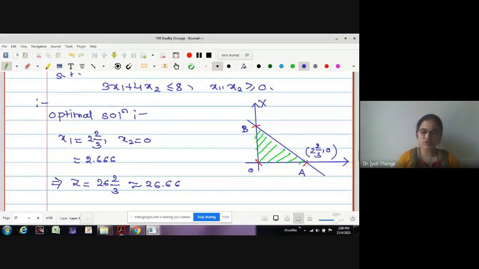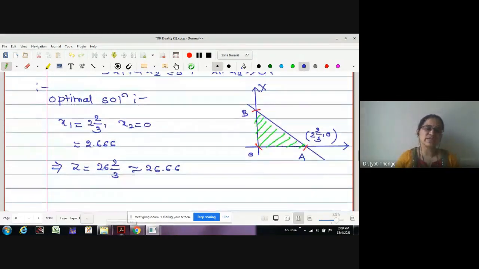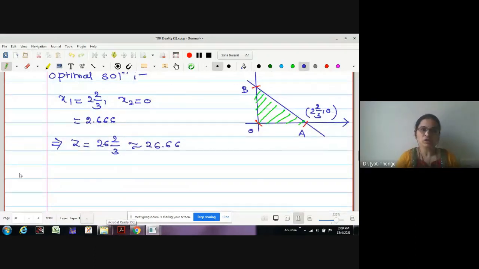Now what process will we follow? No doubt x2 is 0, which is an integer value. The question arises only for x1, which takes the value 2.66. How do we generally use the rounding off method? Can anyone tell me, rounding off to the next integer or to the previous integer? What method were we using? 2.66 is the value. How can I round off the value to an integer?